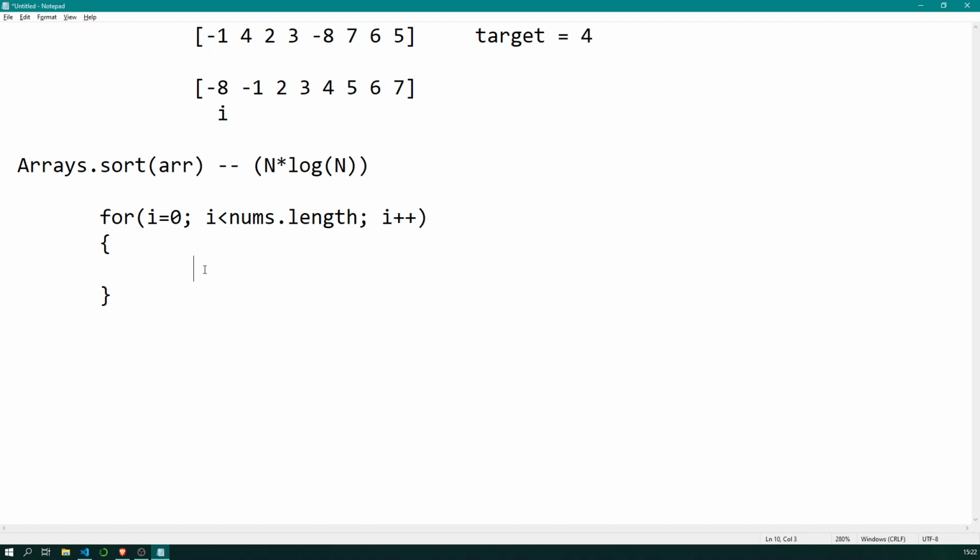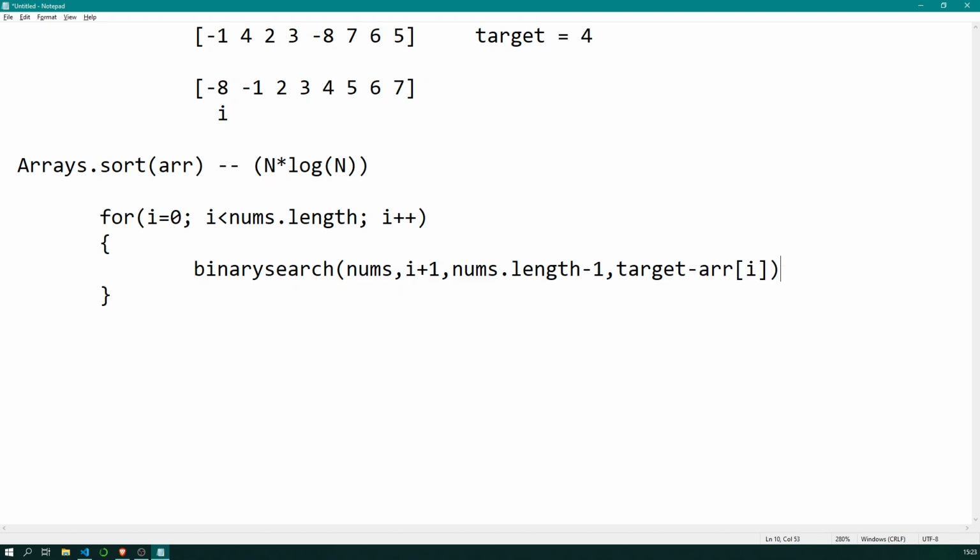So we will apply binary search on array nums, starting position i plus 1, ending position nums.length minus 1, and we will search for target minus arr of